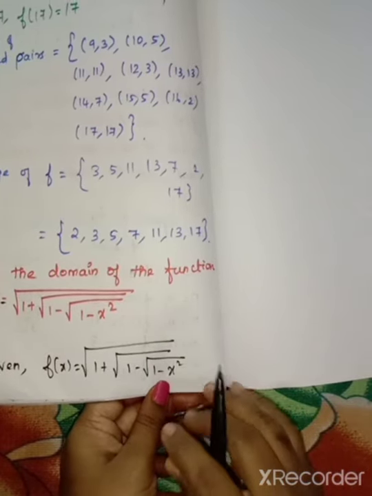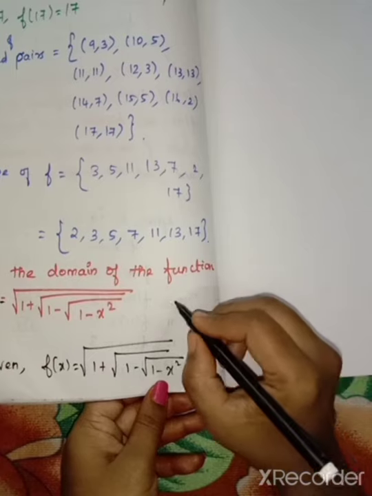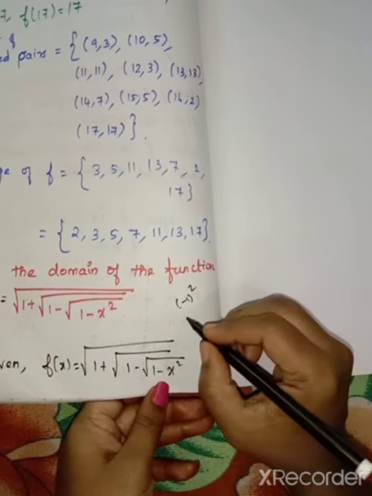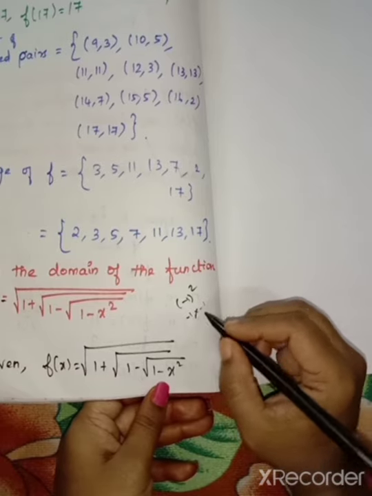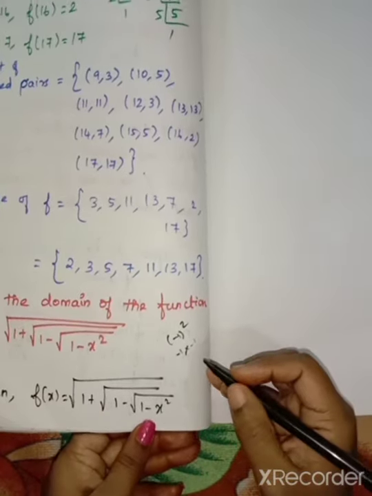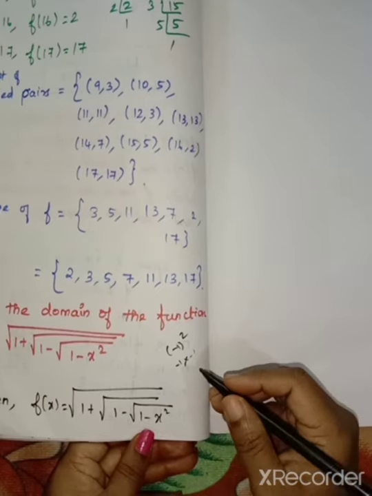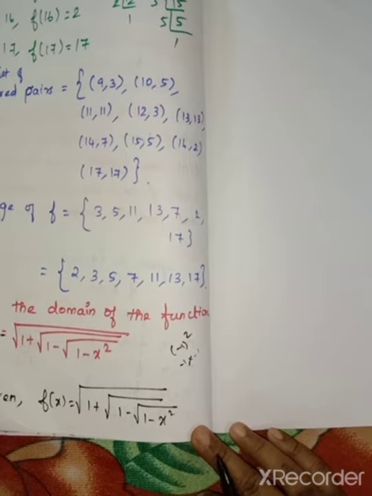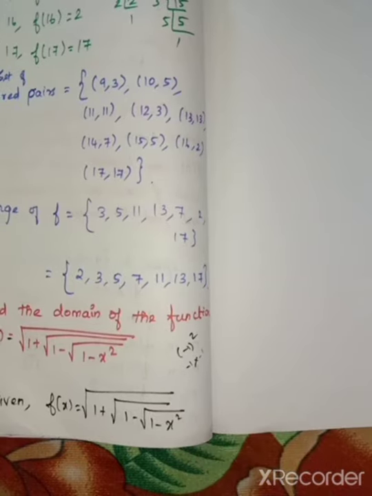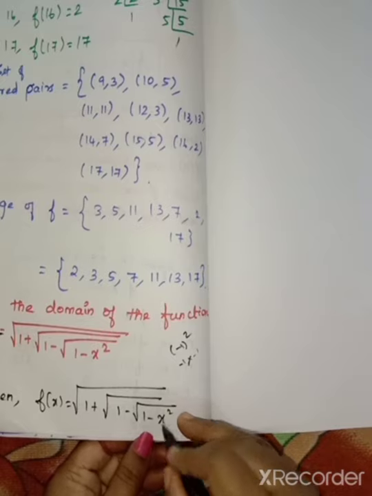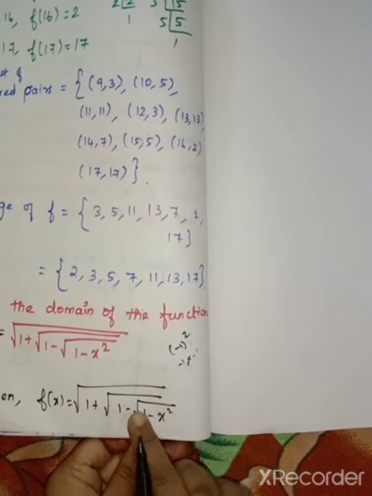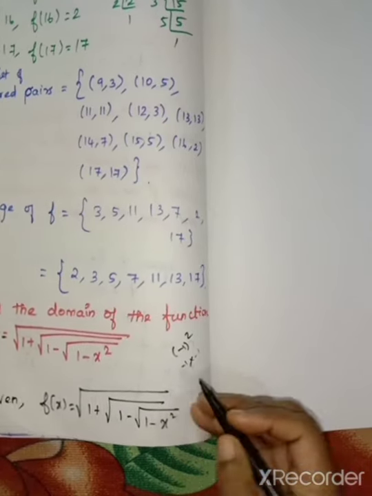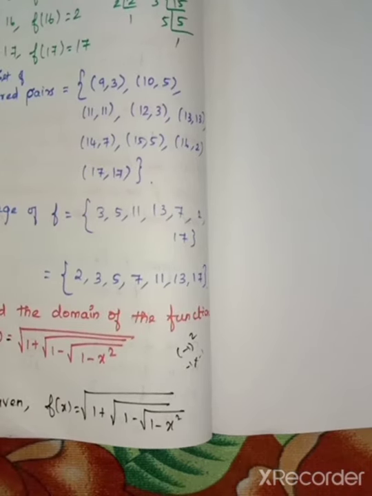Then suppose minus 1, if you substitute, minus 1 the whole squared. Minus 1 the whole squared means what you have to do? Minus 1 into minus 1. So minus into minus is plus. So 1 ones are 1. So 1 is there. So if you substitute, we get the value. Because for 1 we get the value, and for minus 1 also we get the value. In between we have 0. If you substitute 0, 0 squared, so 1 minus 0, we get the value. So now we have found minus 1, 0, 1.